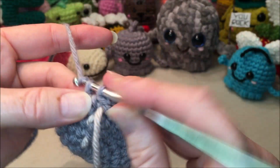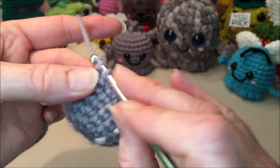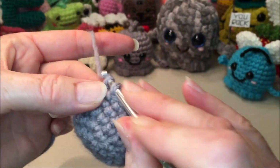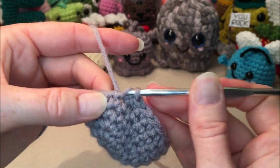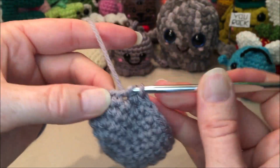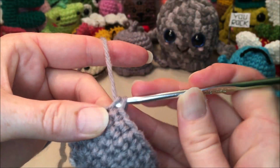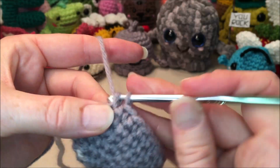49, 50, 51, 52, 53, 54, 55, 56, 57, 58, 59, 60, 61, 62, 63, 64, 65, 66, 67, 68, 69, 70,